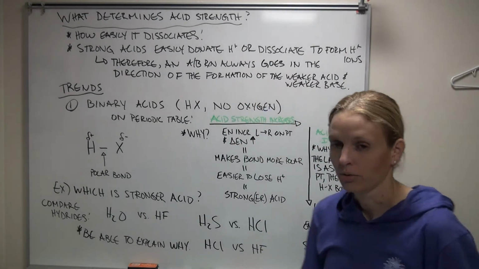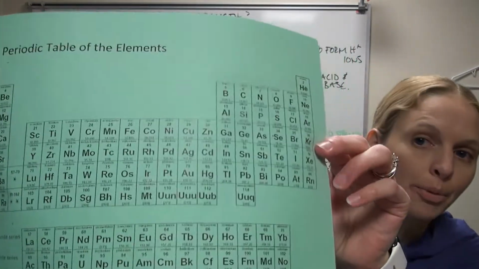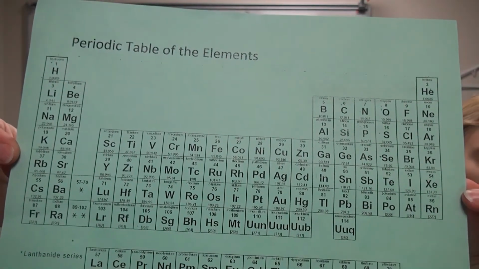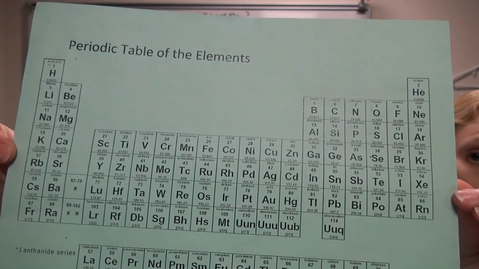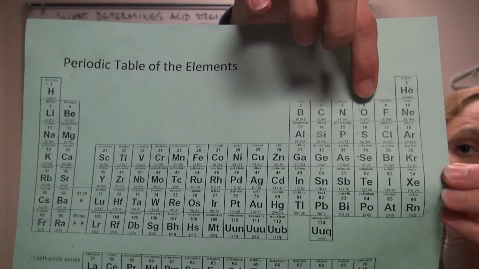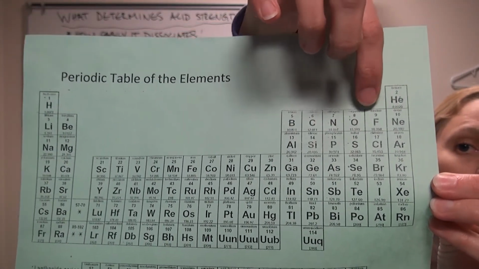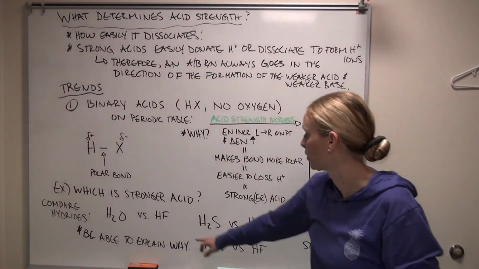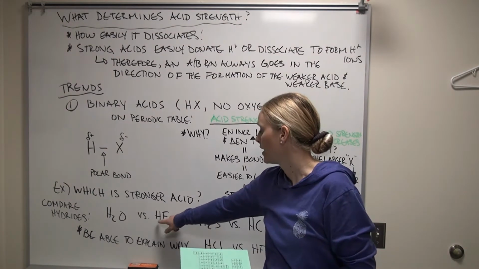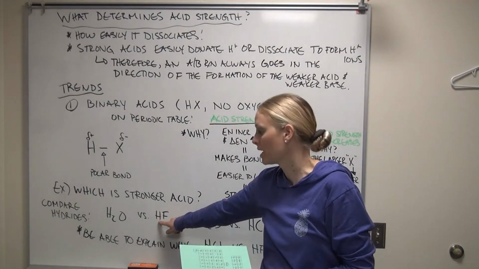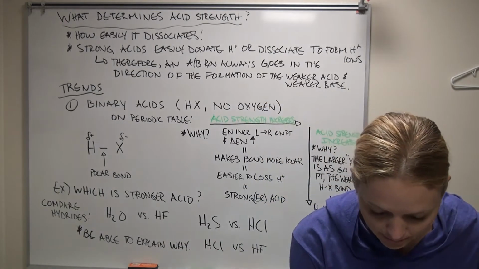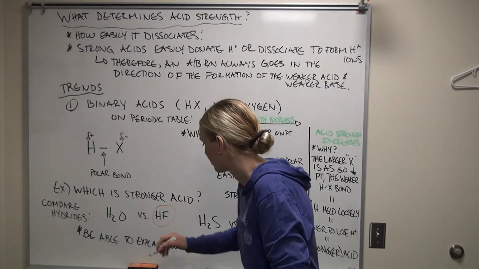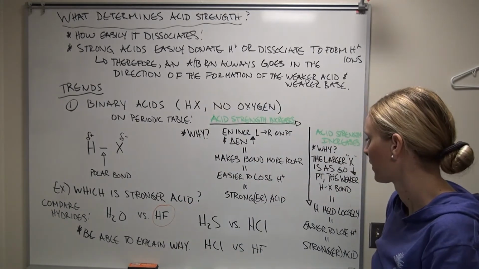You probably would want to pull out your periodic table here. We would look at where oxygen and fluorine are. Oxygen and fluorine are right next to each other, and fluorine is more to the right on the periodic table, so it's more electronegative. This bond is going to be more polar, and this hydrogen can more easily be dissociated from it than from the oxygen. And so this one, HF, would actually be more acidic than a water molecule. All right,